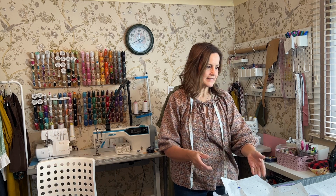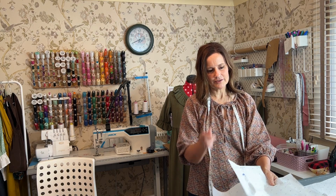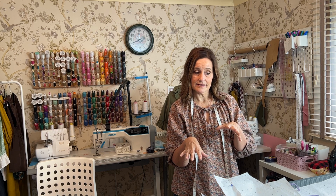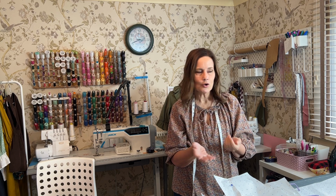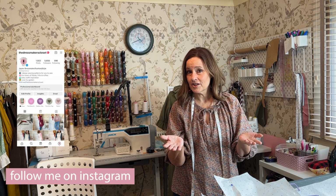And I've been drawing sketches and what have you, so today I thought, well, I'll bite the bullet and try and draft something. So today's video is me working here in my studio, working on kind of a mock-up. I'm just going to be using some mock-up fabric. I'm not going to be making the full thing today, so I thought I'd take you with me,